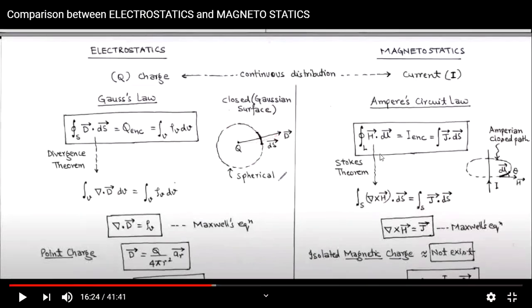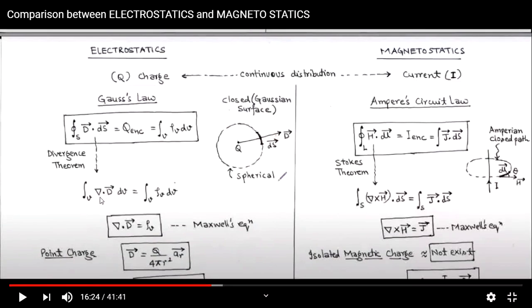So tadi dijelaskan dari awal bagaimana kita mempelajari mengenai persamaan dan perbedaan antara elektrostatik dan magnetostatik. Di dalam elektrostatik ini kemarin kita sudah bahas mengenai Gaussian, bahwa integral tertutup dalam satu luasan tertentu, Gaussian. Dari sini sama dengan